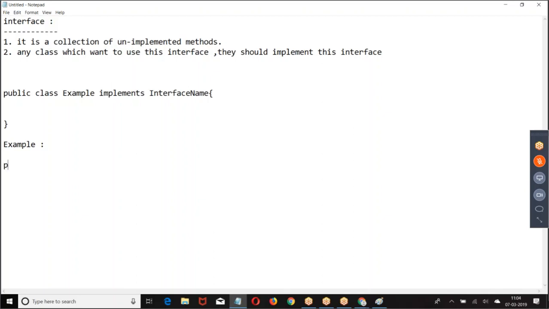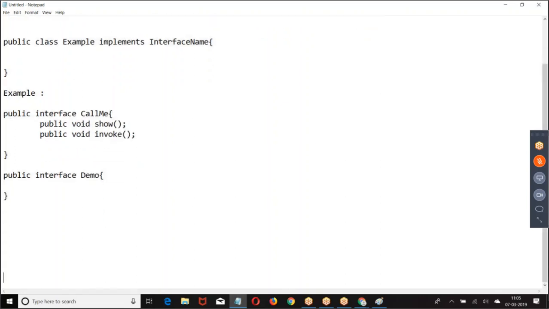Let us say for example I have an interface here, public void invoke. Like this we have.